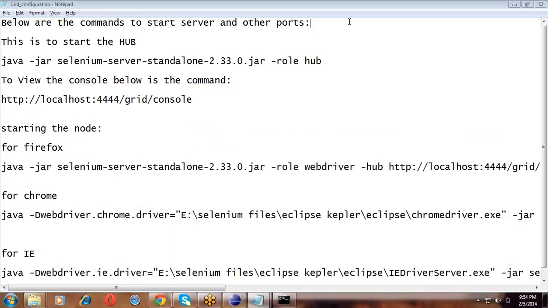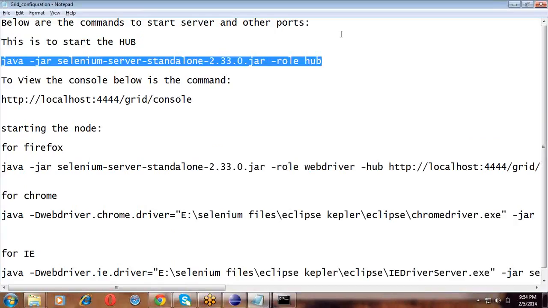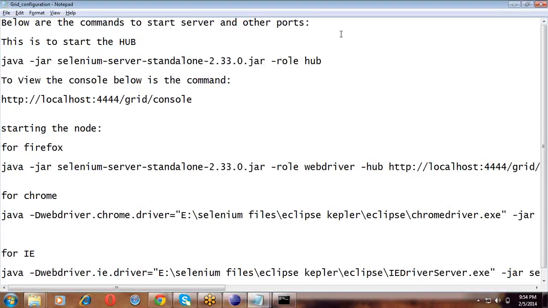See, all steps are given in detail in this document. You know the command to start the Selenium server on the other ports. Okay, this is to start the hub. Which one is to start the hub? This command. Okay, once you start the hub,